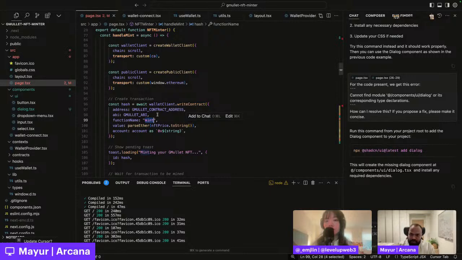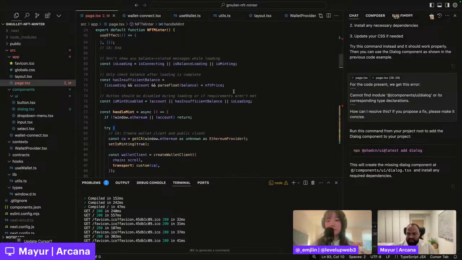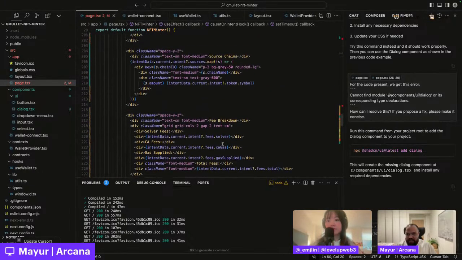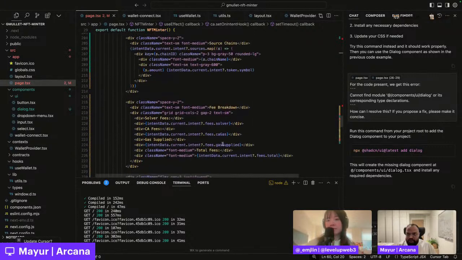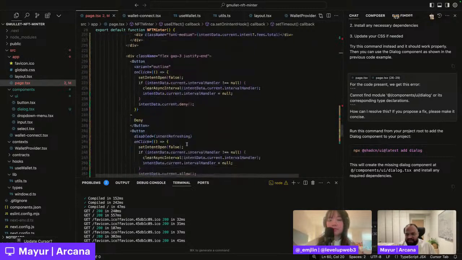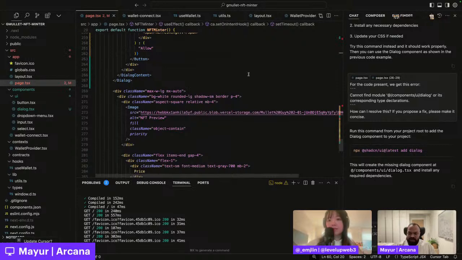You have to change absolutely nothing in your code except for saying, instead of using window.ethereum, you're using the custom CA provider over here. That's basically all the change that you need to do. Most of the change that you need to do is essentially UI stuff. Like, you want to show the user the intent and for them to sign off on it. So you need some React handling for that. You need to show that intent in a dialog box, which we'll see very shortly. And it's just front-end code that you need to write to handle this now multi-chain experience that you're giving to your users.